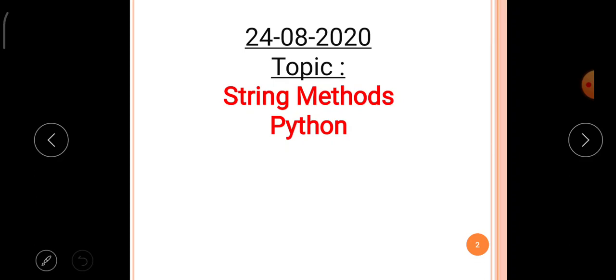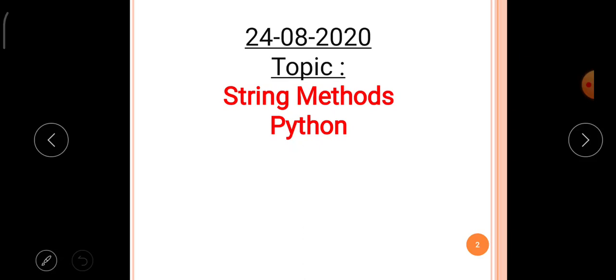For string calculations we use some functions that are called string methods. For mathematical calculations we use built-in functions called mathematical methods, and so on. Today we will discuss the string methods in Python language.